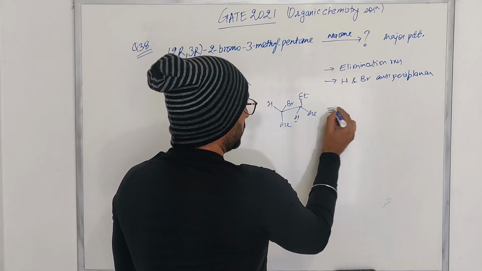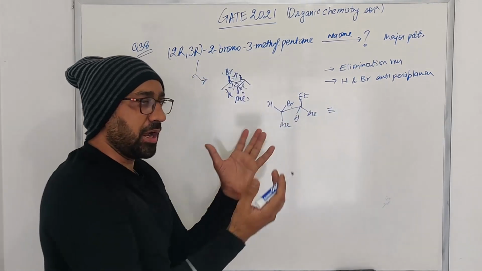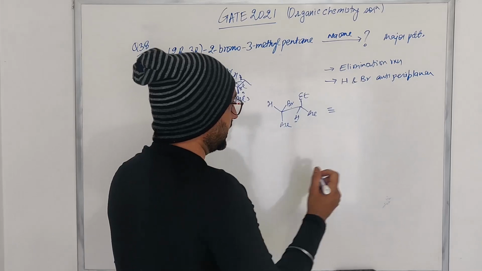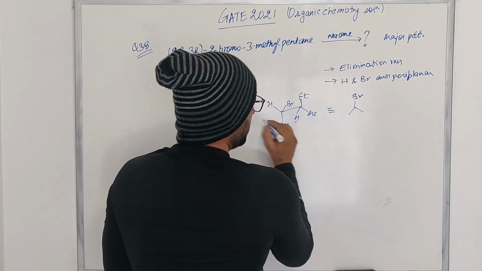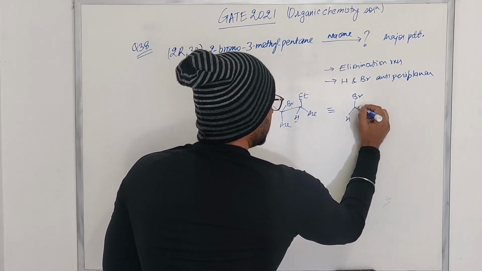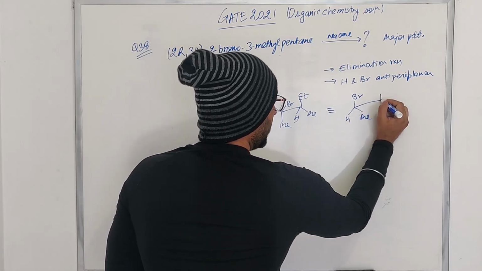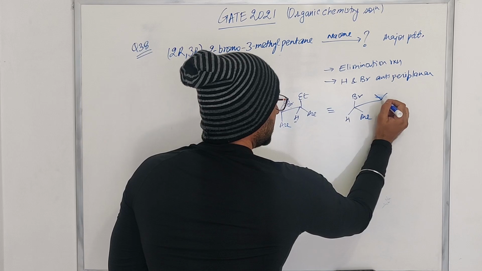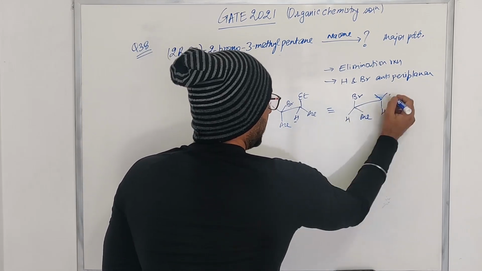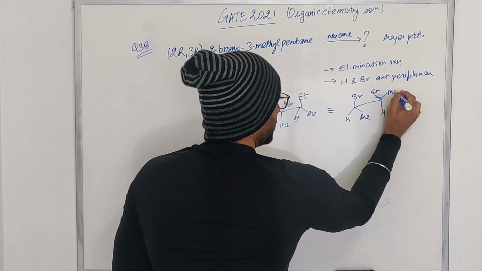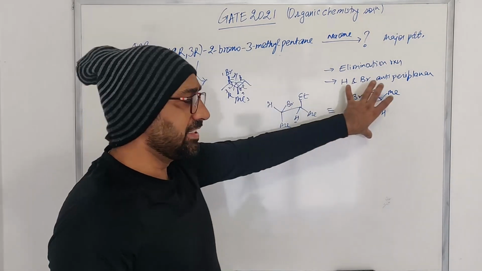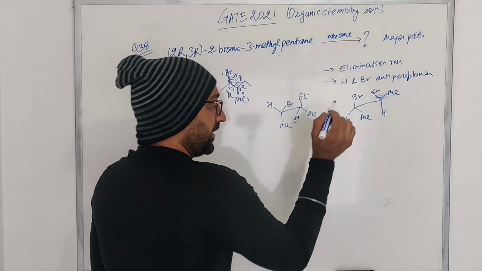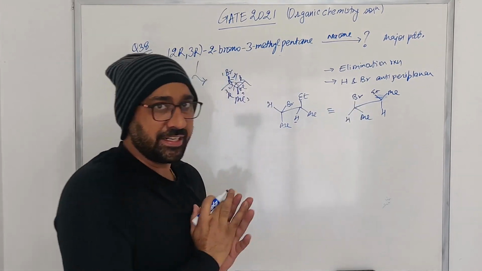We will do a simple operation, because we know that rotation around a carbon-carbon single bond is possible. So this is exactly what we are going to do. I have simply rotated it, and this is what I get. Now we have this hydrogen, and here we have an ethyl, and there we have the methyl. So I moved this bond like this and moved these over here, which means this is a different conformation of this. Now I know this hydrogen and this bromo are anti-periplanar.